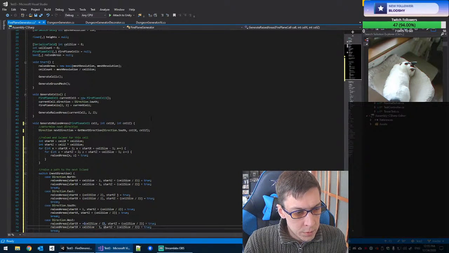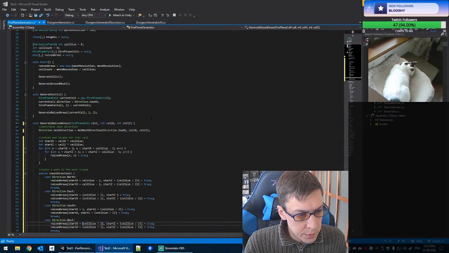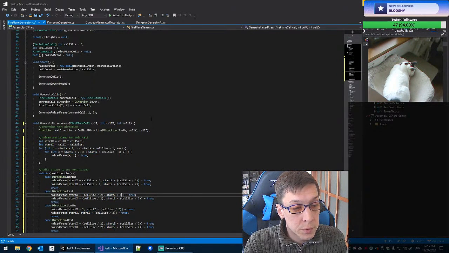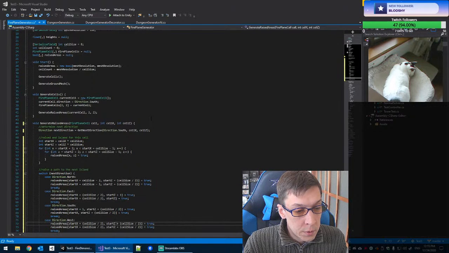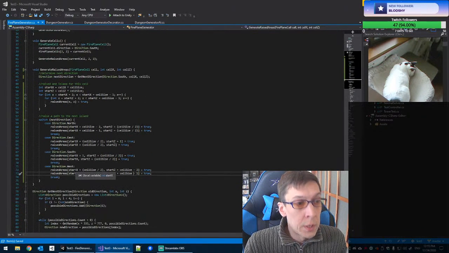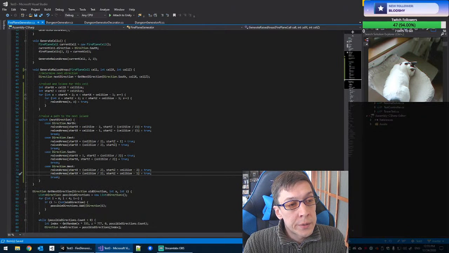Likewise, you are going to be doing that as well. And we got too many pluses there for some reason. So now these guys are going to be, let's see, east. If we're going east, we're going backwards. So we'll just do +1. And this guy will be 0. This guy is going to be our plus cell size -2. And cell size -1. That should give us a path to the next island